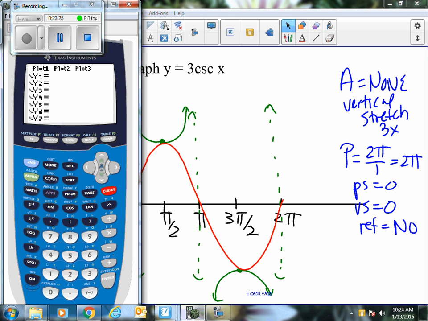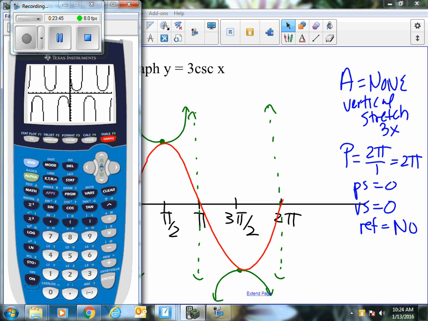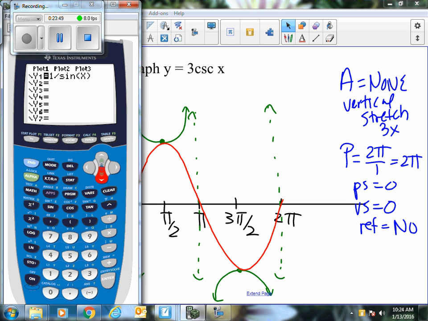If you want to graph either secant or cosecant, if you forget what the picture looks like, remember you have to do 1 divided by. So I'll do just cosecant, so 1 divided by sine, just so you can see the parent graph. Obviously we did times 3 in this picture, but at least you'll get to see the shape. If you go -10 to 10, you will see all of those curves going up and down, which is a really nice way to be able to look at that. So there's our original graph. Now I'm going to go ahead and graph the 3. So it would be 1 divided by, I'll make sure we get this whole thing in the bottom, 3 sine of x,